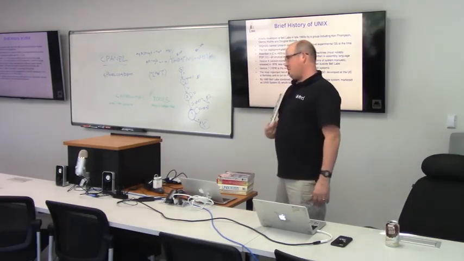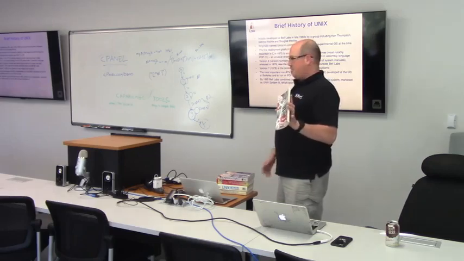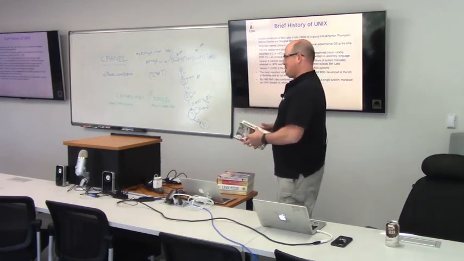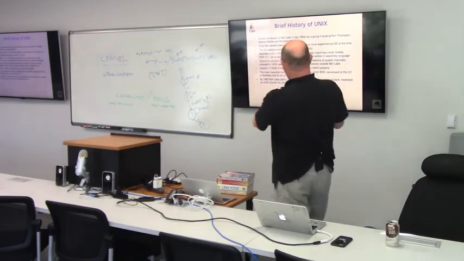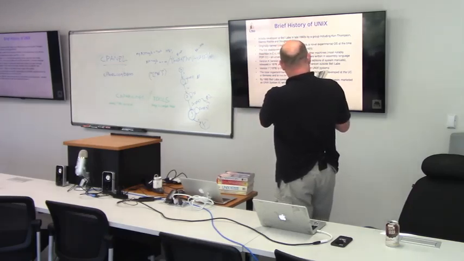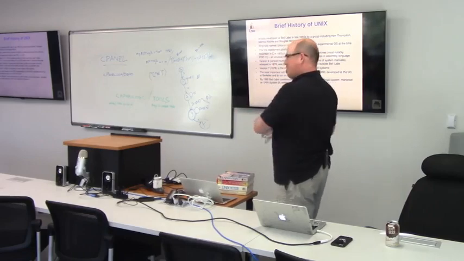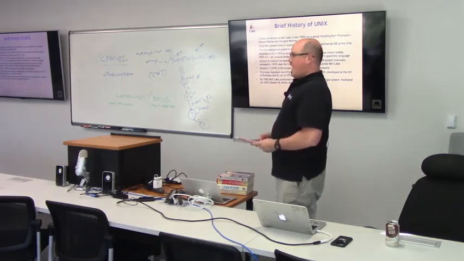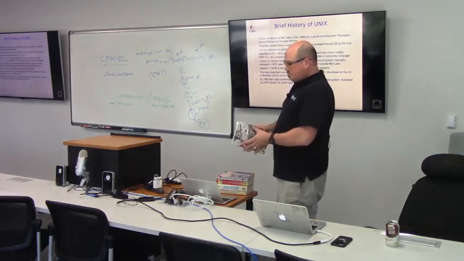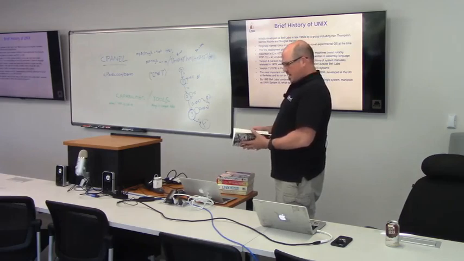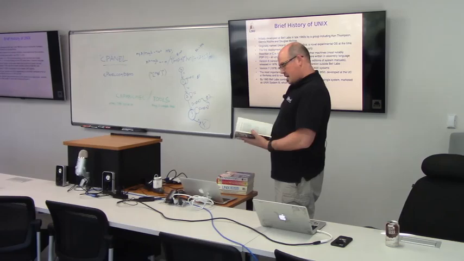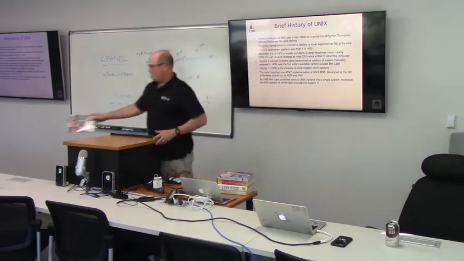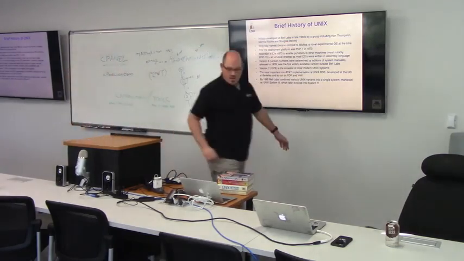But this is a really good book. Y'all can flip through it. I don't lend books out anymore because frankly, I forget who I lend them out to. The title is A Quarter Century of Unix, and I think nowadays we're pushing into the 40-year mark. So this book's a little outdated, but it gives a really interesting account of Unix and its origins and the people that had a lot to do with it. There's some pictures in there. It's really interesting, so I can pass this down if you want to look at it.